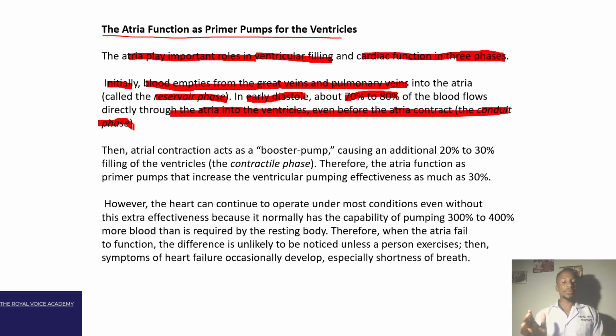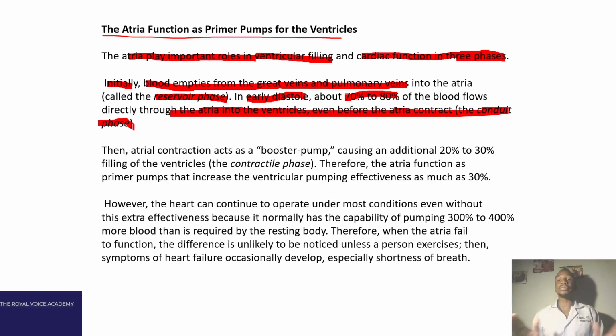So in the reservoir phase, your atria will first fill with blood, but that blood is trickling down to your ventricles because the ventricles don't have anything in them. The valves are open, so your atria is just allowing the blood to pass through. So those are the first two phases. Reservoir phase, where blood is coming from the great veins, which are your superior and inferior vena cava, and even from your pulmonary veins into the atria. Then it will go through a conduit, which we call the conduit phase, directly into the ventricles